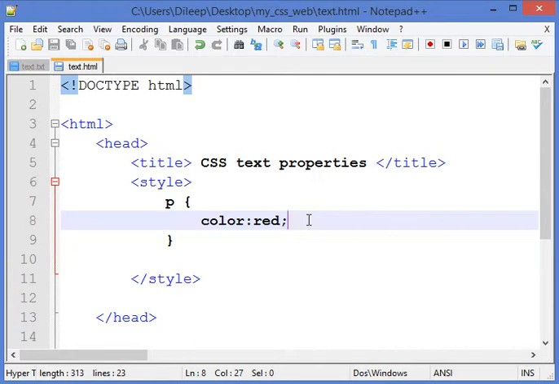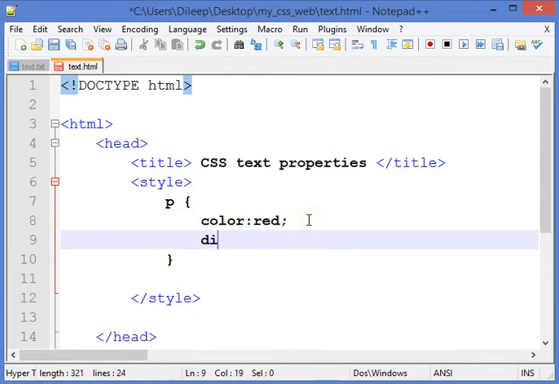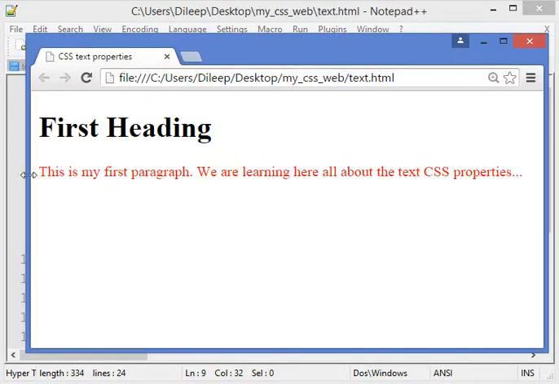Okay, now let's see another property, that was the direction property, right? The direction property is by default left to right, LTR. So let's use RTL, right to left. I'll save it, and this is left to right. The direction of the text of the paragraph is left to right.